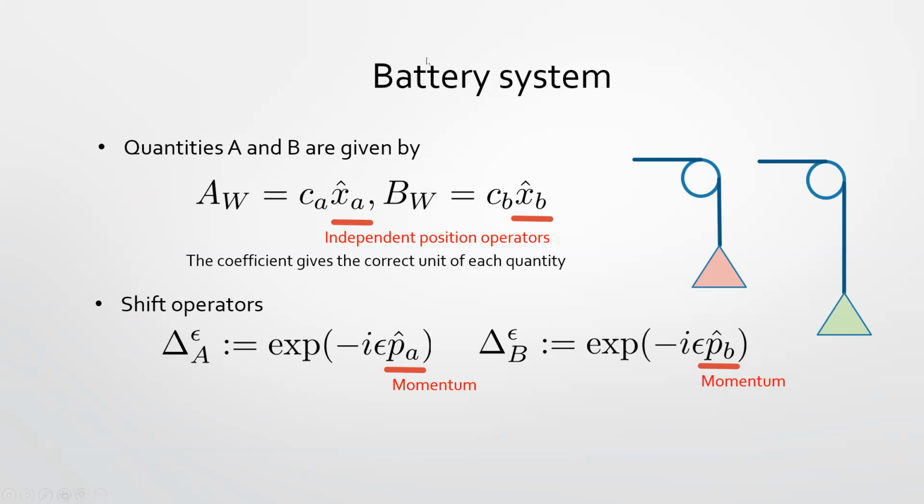Maybe we need to explain the battery system. Usually it is enough to derive the unitary process including a battery system. Then after the unitary process including a battery system, we make a measurement on the battery system. Then we can realize the work extraction. This is our story. So due to that reason, it is enough to construct a unitary process including the battery system.